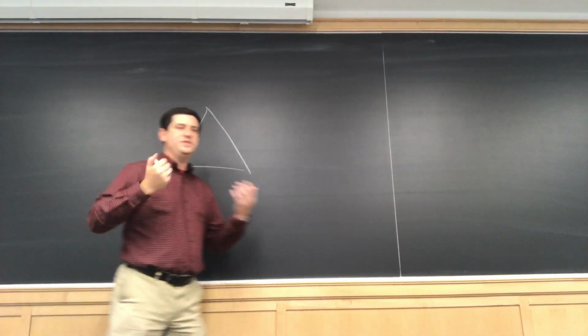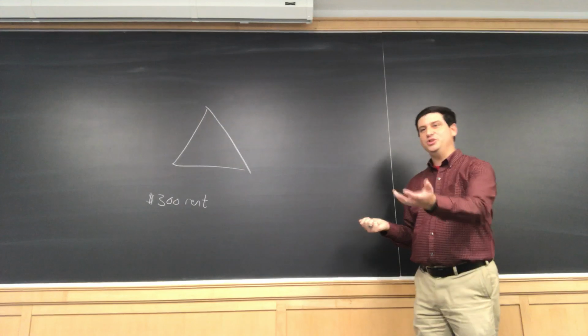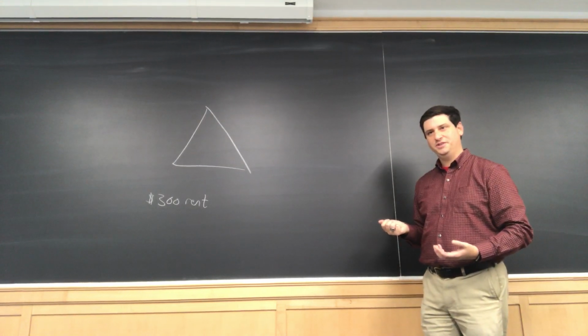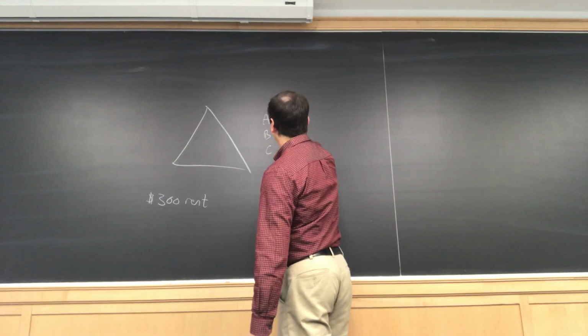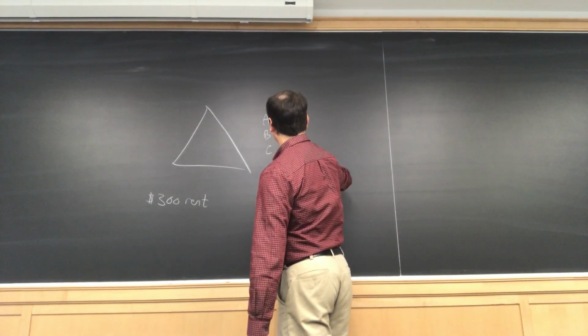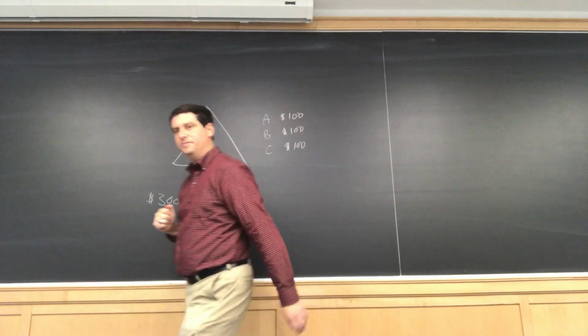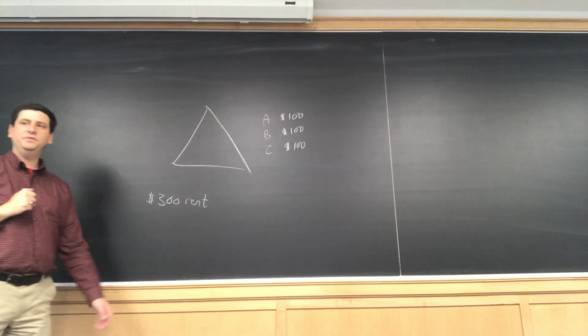So again, I don't particularly care about the answer because I'm not in a situation where I'm going to be renting. So each person should initially put in $100. That's one possibility. So you have people getting A, B, and C, and each initially put in $100. What is the problem if they each initially put in $100?